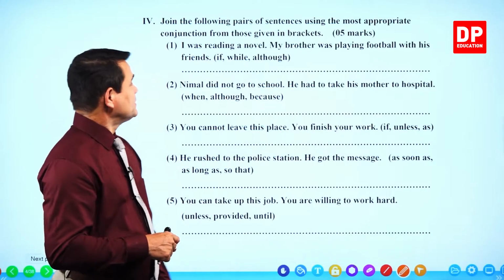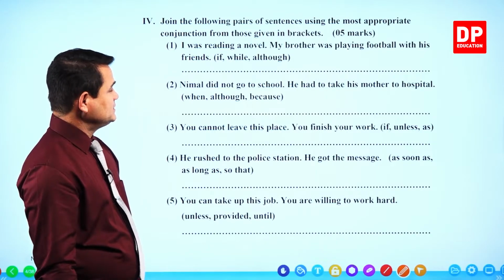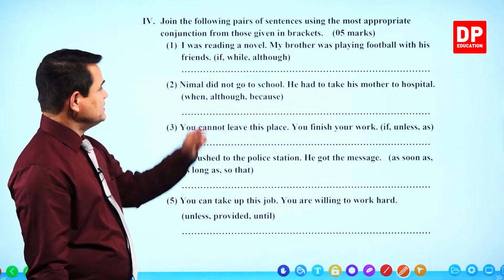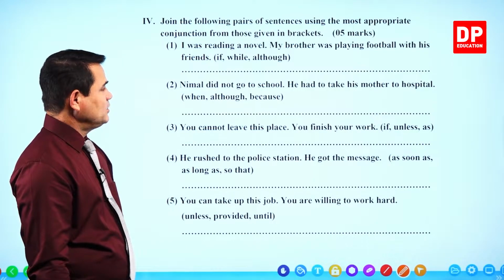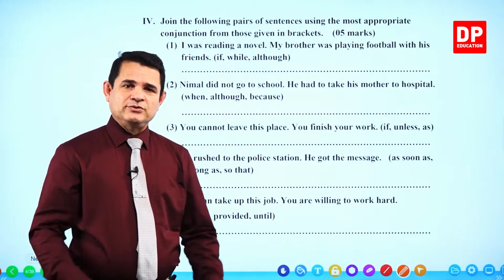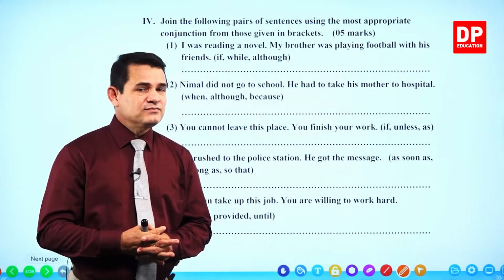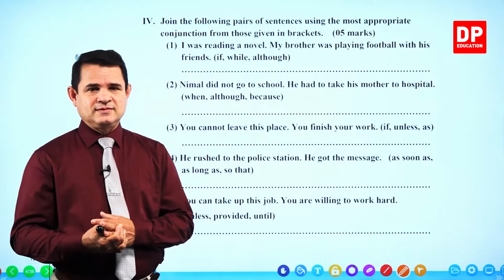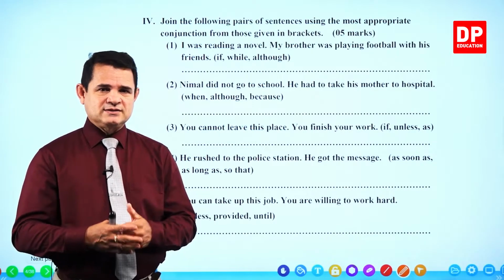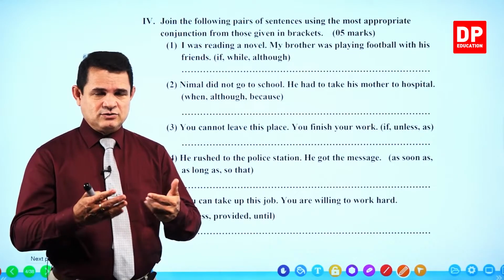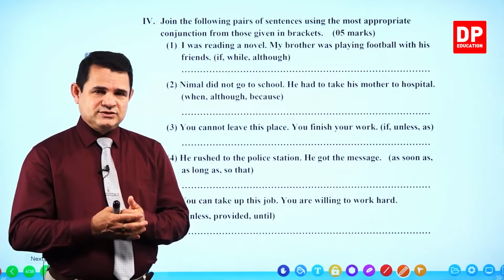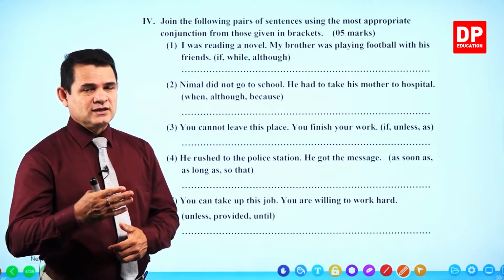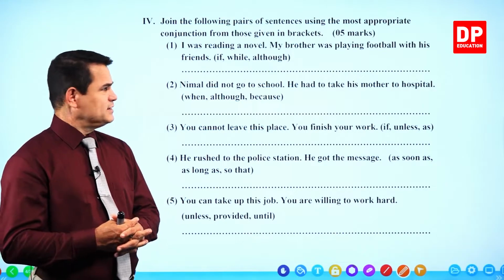බලමු අපි first one. I was reading a novel. My brother was playing football with his friends. The words given are if, while, although. Now you know how to use these words. If කියන use කරන්නේ. Now we'll discuss about if conditionals. In my previous video I have discussed all three conditional. මේ conditional ඔක්කොම සාකච්ඡා කරලා තියෙනවා. Just watch it. And if conditional. So if කියන්නේ දුන්නොත්, ගියොත්, කෑවොත් ඒ වගේ. So now this one,